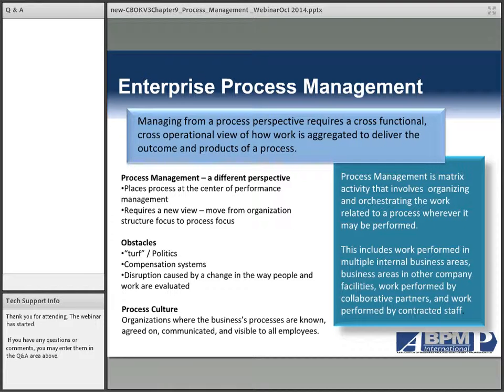a business unit. Because now from a process perspective, you need to consider the ripple effect, and you need to consider how what you're doing in an individual business unit is going to affect upstream and downstream in the process. So it requires a very different way of looking at things. And a lot of times organizations, we'll say, resist change and resist moving to anything they're not comfortable with.